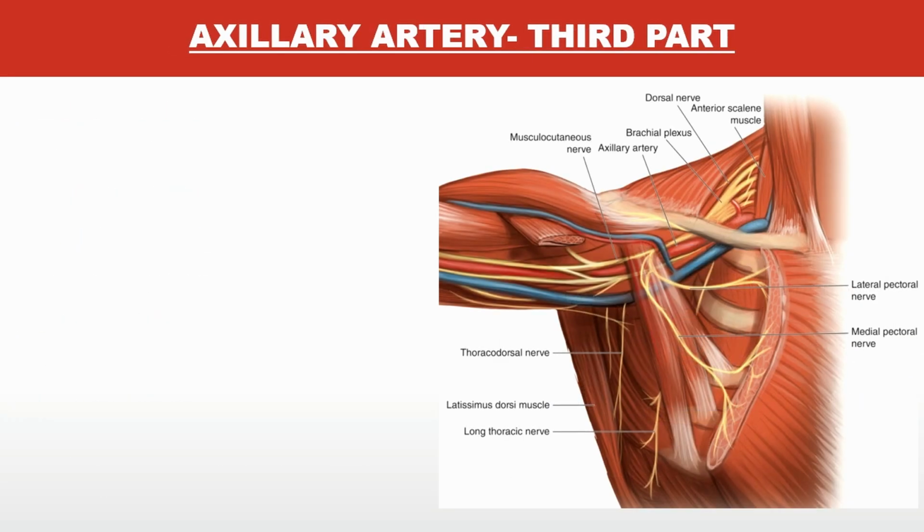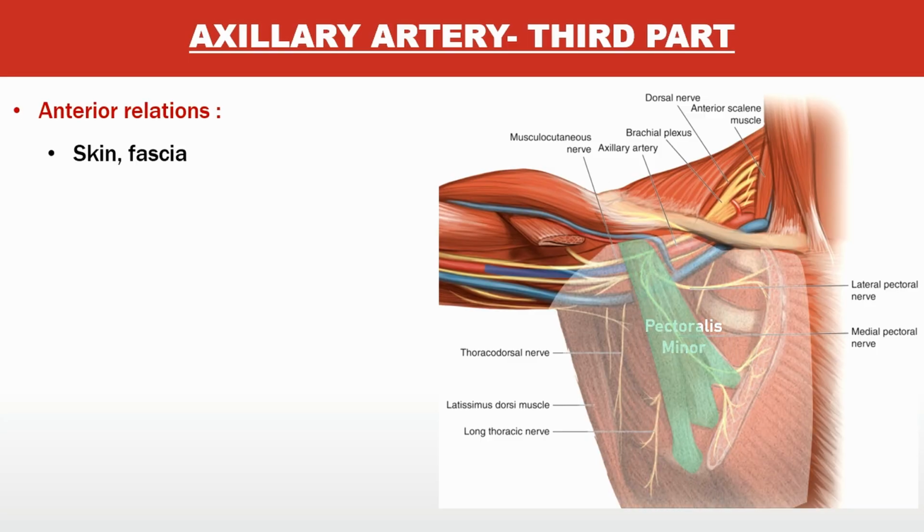Then we come to the third part of the axillary artery. Third part का है, it is below the pectoralis minor, that is infrapectoral, where it is below the pectoralis minor. So this is the pectoralis minor. Below this we have the third part. Now anteriorly here you can see it is the skin, the superficial fascia. It has already started entering into the upper limb. It is towards the lateral wall of the axilla, right? So now we have the skin, the superficial fascia, the deep fascia.